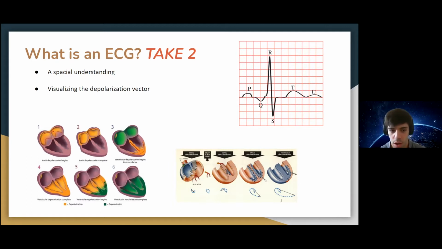The issue though is if someone gets an ECG they haven't seen before, is it 1 degree of separation away from the healthy heart? Is it 2 degrees? Is it 1 degree away from atrial fibrillation? Is it 1 degree away from ventricular fibrillation? Where do we stand? And so we're going to introduce